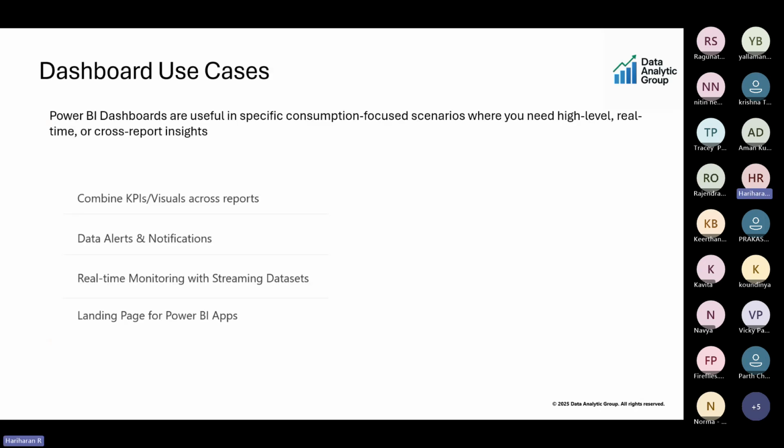So let's dive into the actual topic, the dashboarding use cases in Microsoft Power BI. Typically we create dashboards for different reasons, different use cases or scenarios. One of the primary scenarios is that you may have a lot of reports which you created on top of your Power BI semantic models. Each report may have a lot of pages and visuals. So if you want to enable business users to focus on a certain set of KPIs or visuals,